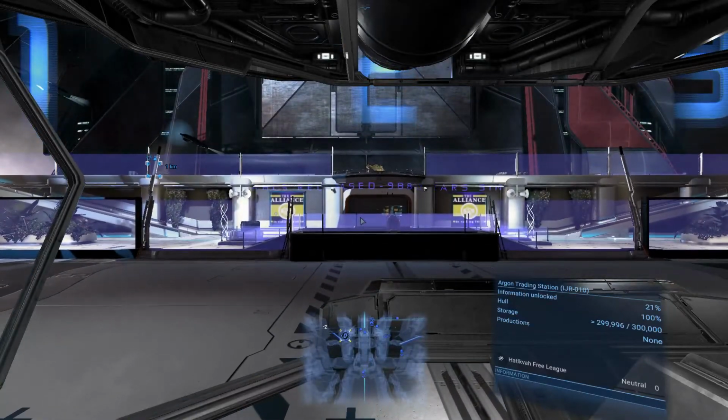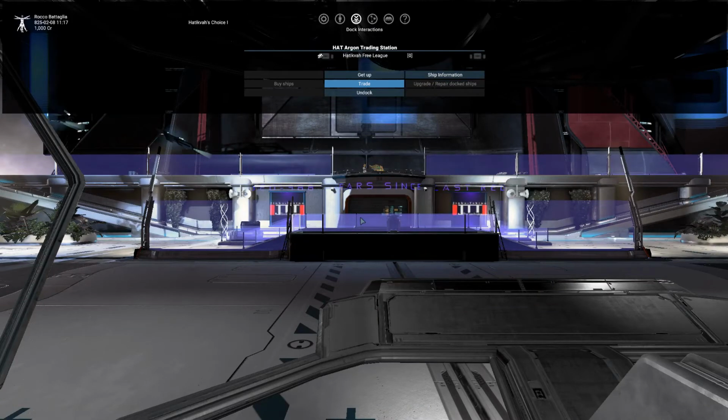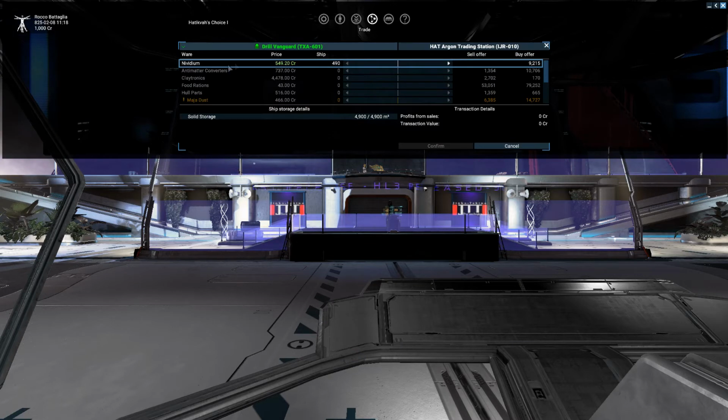Once your skids are on the ground and you have successfully docked, you want to click on the trade button, and you will see here now the trading interface for the station you're at. There's our Nividium ore. You'll notice we have 490 of them, and they're buying at a price of 549.20 credits. We could either click the little arrow here on the right or use the slider, but I just